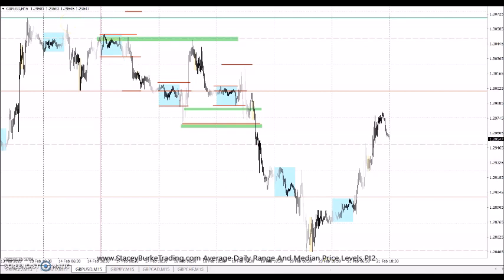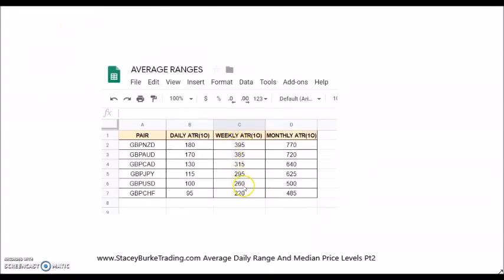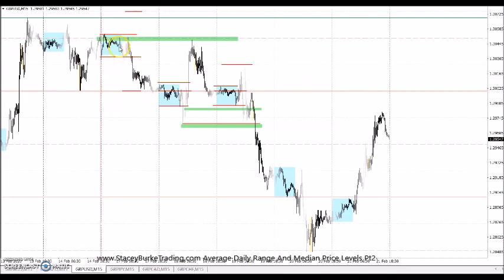Now the other concept that we talked about, if we're looking at an average weekly range, in this particular case of 260 pips, the first thing we want to look at is this is one level of drop. This is a 50 pip box, so that's one level of drop. If we were to project movement in 50 pip increments, we might think level 1, day 1, level 2, day 2, level 3, day 3, level 4, day 4. It keeps falling before the market pulls back inside. That's 200 pips. So as the week evolves, we have lower highs and lower lows.